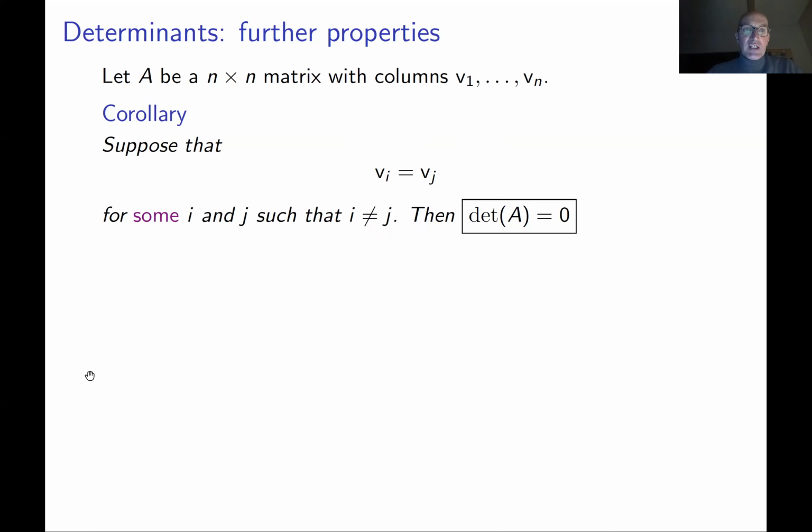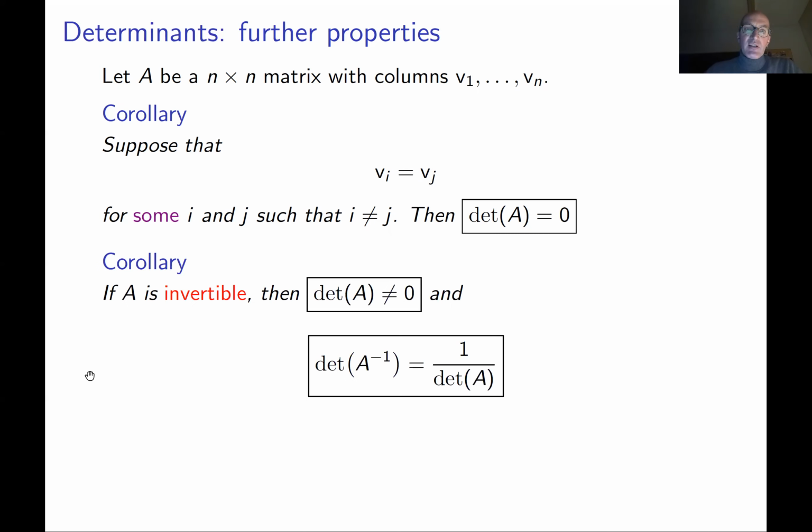So first of all, this is a very handy formula. If your matrix has 2 identical columns, its determinant is 0. I already mentioned this on the previous slide. It follows from the fact that if you swap these columns, the determinant must change sign, but if they're the same columns, then of course you get the same matrix. So the determinant, on the other hand, should stay the same. So it must be 0.